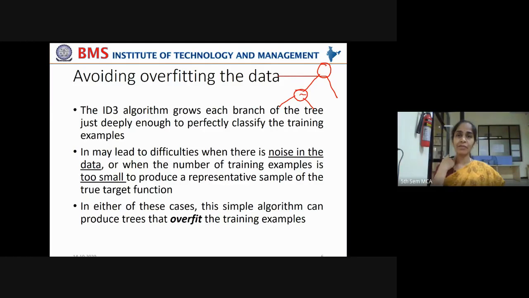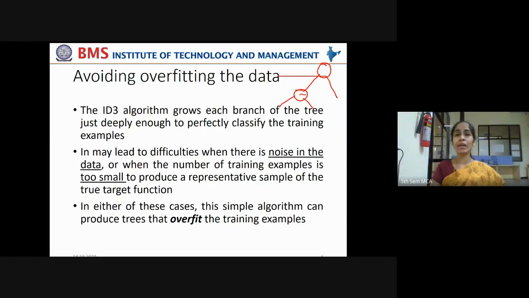When the training examples have noisy data, then in order to fit those outliers, the tree will be extended longer and longer, which will result in complex decision trees. And it will answer every training example correctly, but sometimes it may not be able to cover some conditions on unseen data. I'll show you how it will happen.